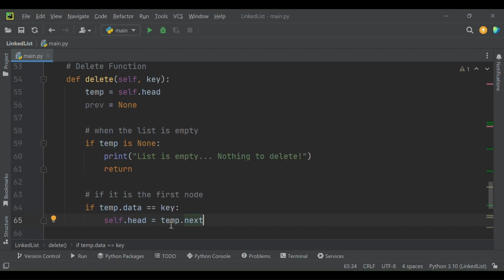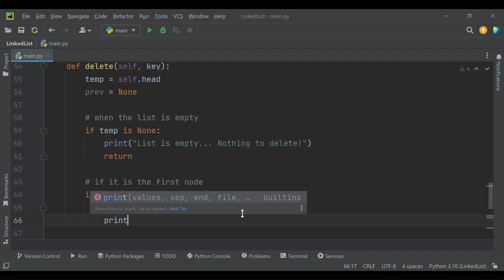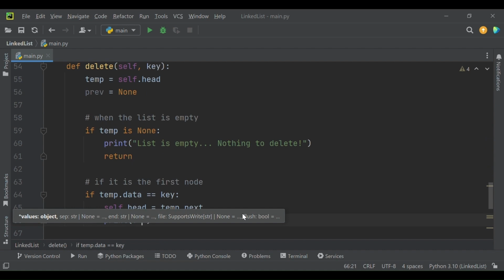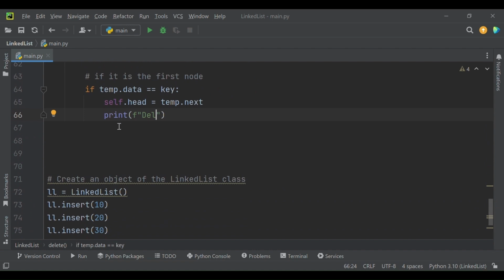Now here temp contains the head node's address, so the next pointer of the head will contain the second node's address, and that is how we make the second node as the new head node. And after that we will print here this message deleting. Let me scroll up once again.